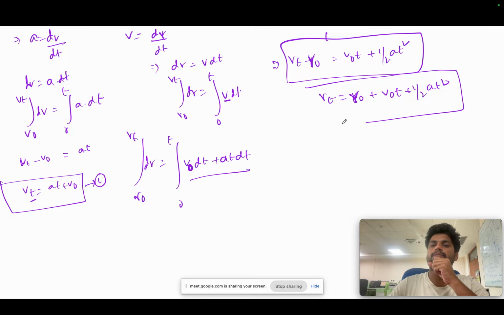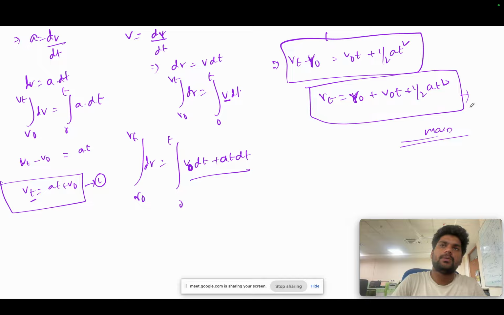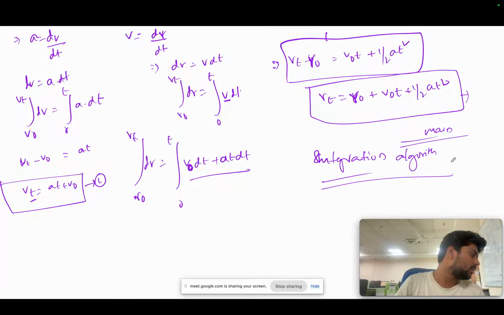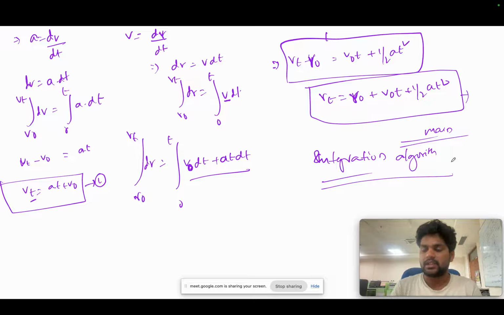So this is the equation. What does this equation say? This is the main equation, and based upon this, many scientists have developed algorithms which are known as integration algorithms. As this will take so much time, now to define